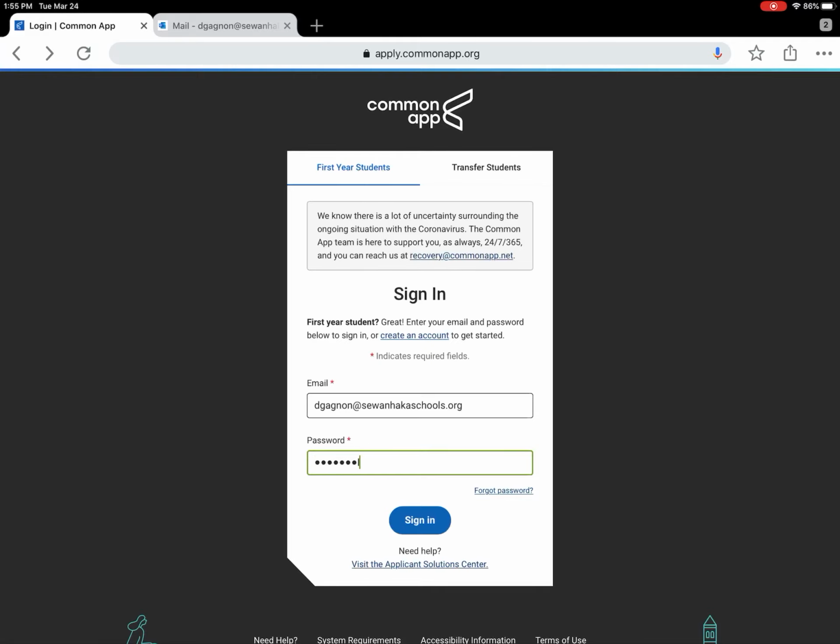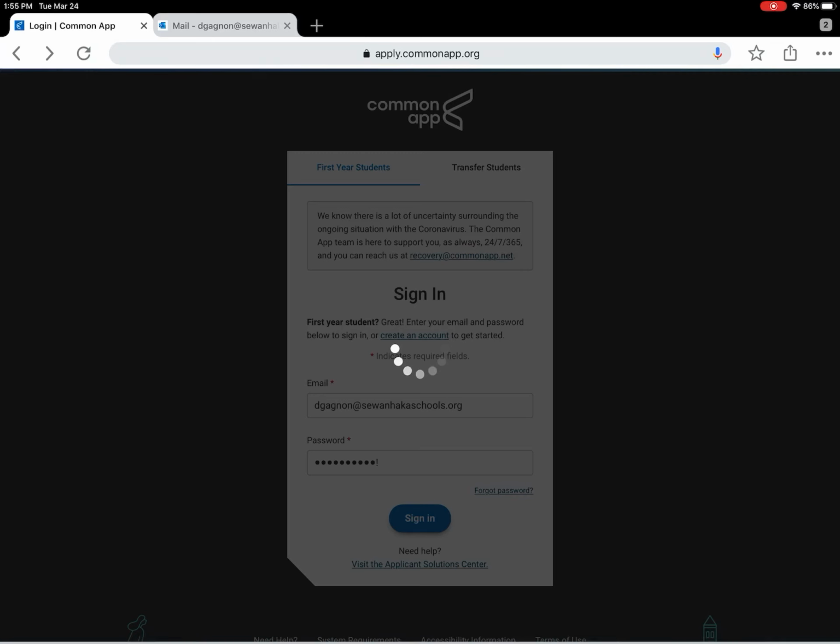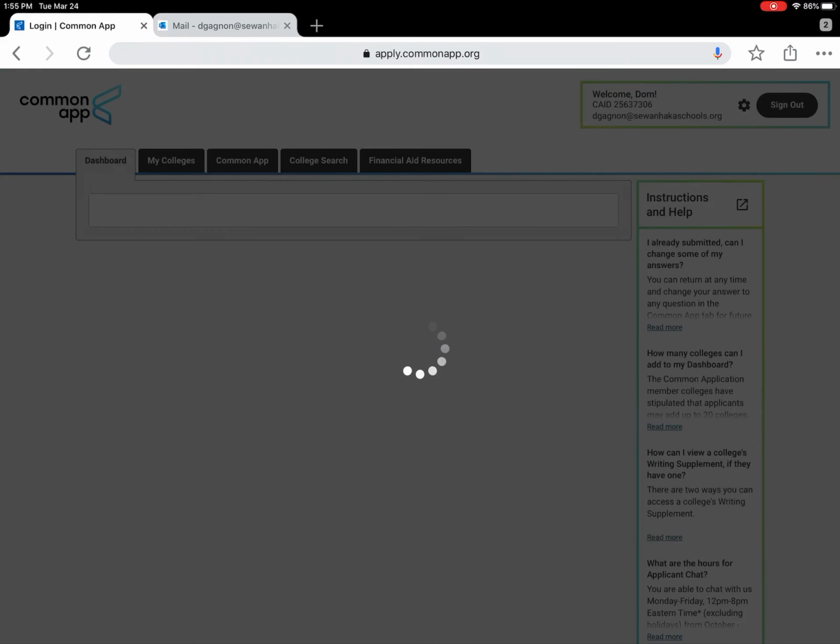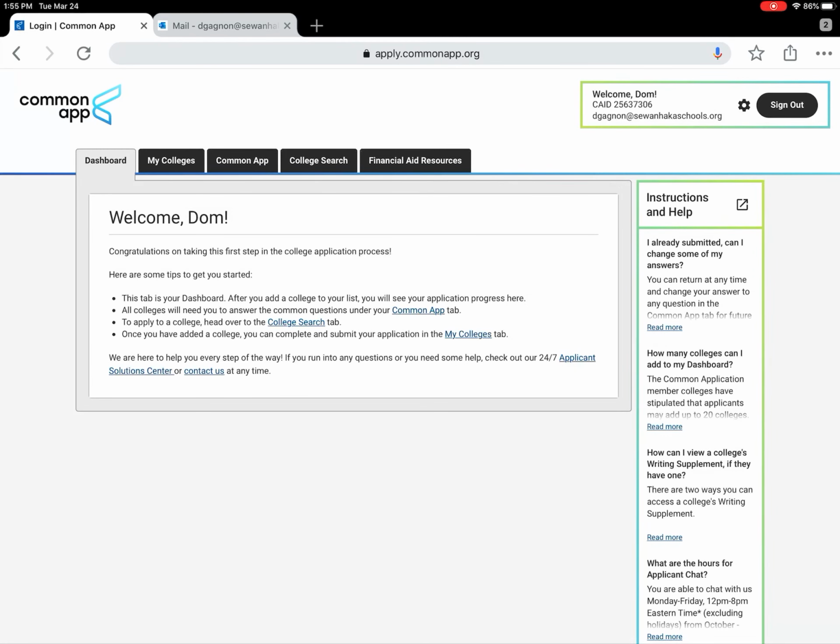So I wrote this down, and I had it next to me. So when I logged in, everything was here for me to review. So now when you log in, the top right-hand corner is going to say, Welcome, Dom. Your CAID, mine in particular, is 25637306. And underneath it is going to show you the particular email that I logged in to the account with